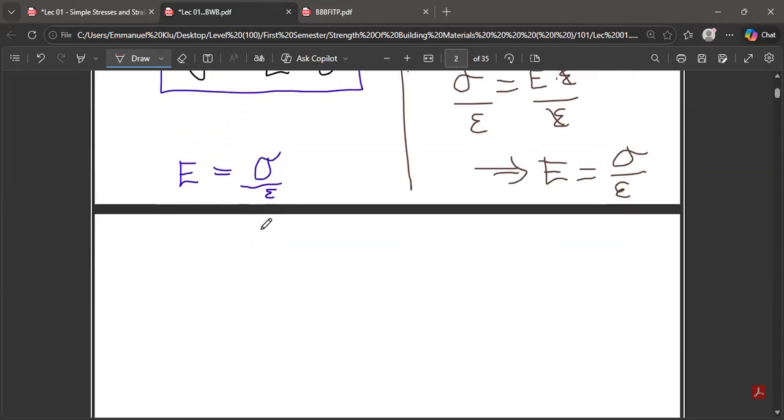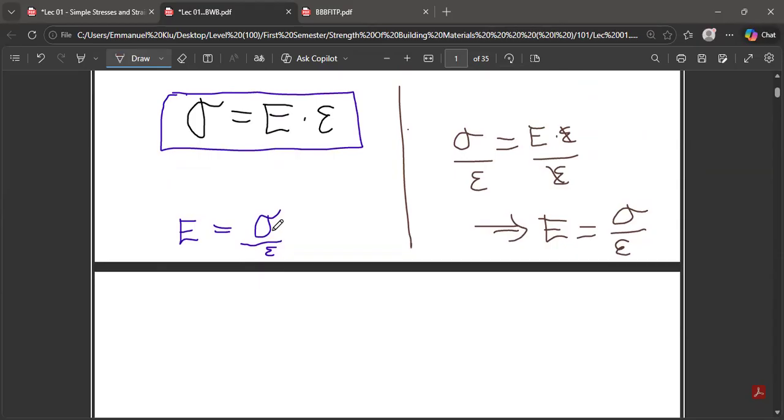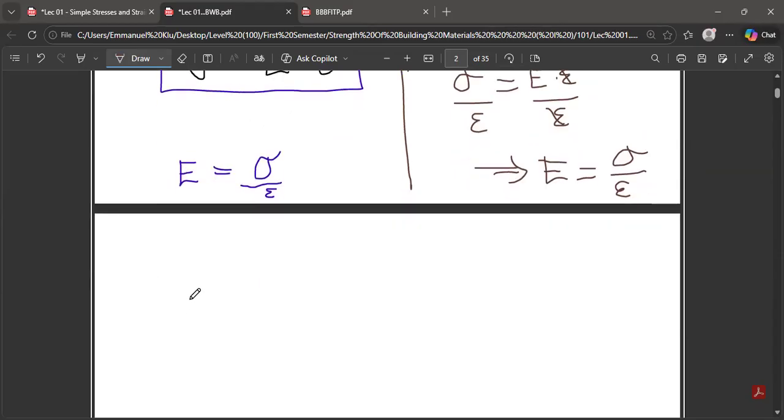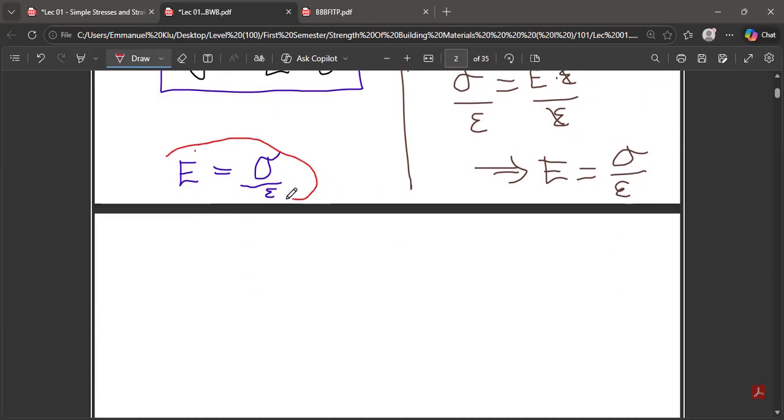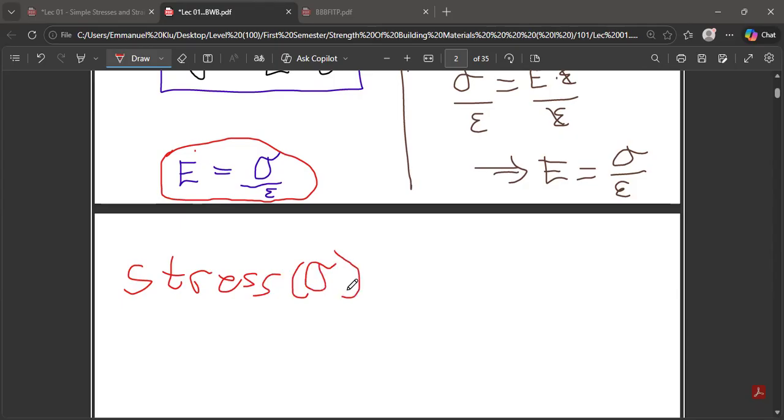Do you understand me? So the formula to find stress in this case, if you want to find stress, what do you think the formula for stress is going to be? So now let's take this as our general rule. This is our general rule that we are focusing on now. If you want to find stress from this, what do you think stress is going to be? You realize that your stress is going to be equal to your elasticity times the